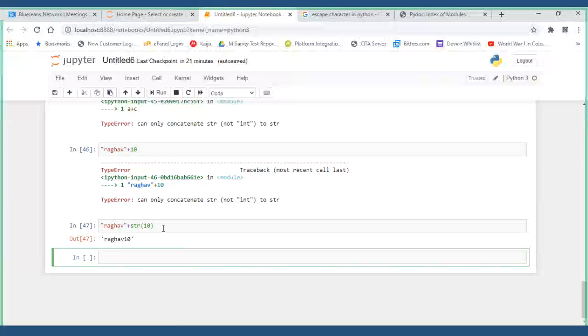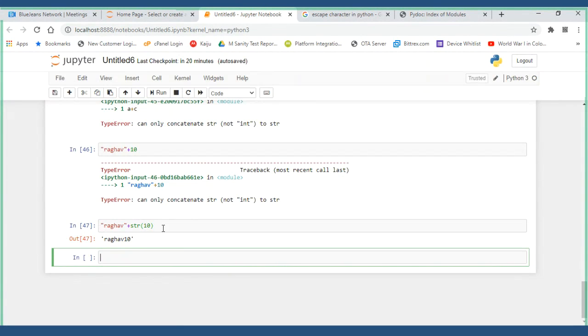Now what is the other part of the things? Will it be possible between, say, for example, a complex number and a string? No. Apart from that, whatever you want to concatenate with a string, you have to convert it into a string and then use it as an addition. Okay, let's forget about it, we have discussed a lot.